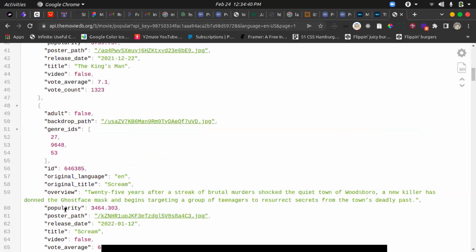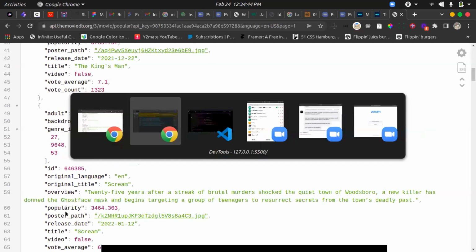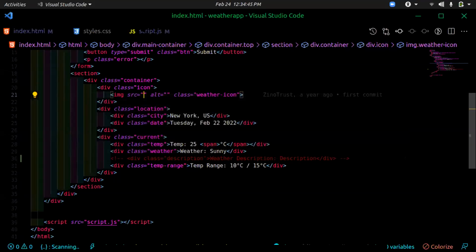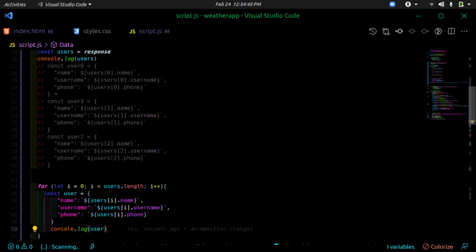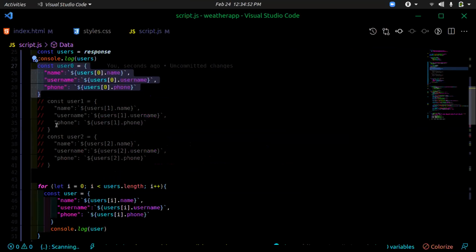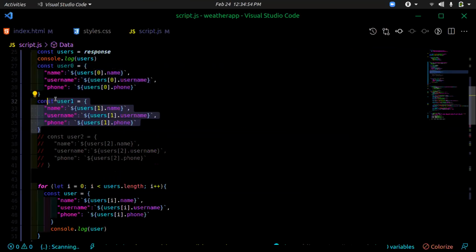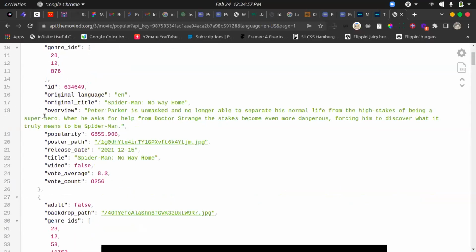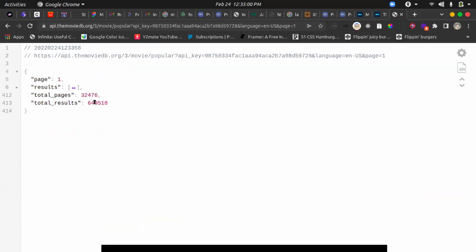And you want to be able to print those out. If I want to write this out in code, you don't want me to do the first data like this, then after I do the first data, go ahead and do the second data also. So let's say I have like three. Okay, let me now show you the total results. You see, the total result is 649,580 movies. So imagine if I had to do it for all of that, like I had to print